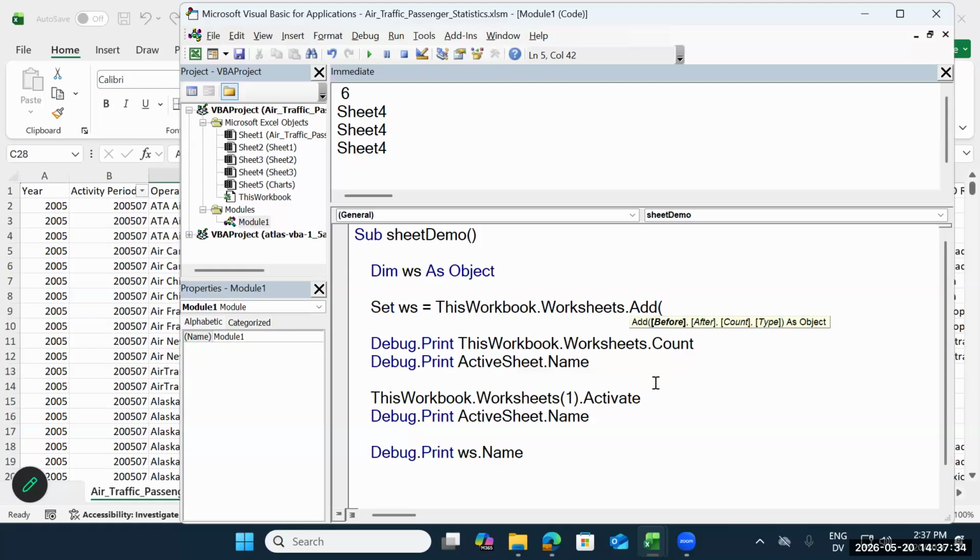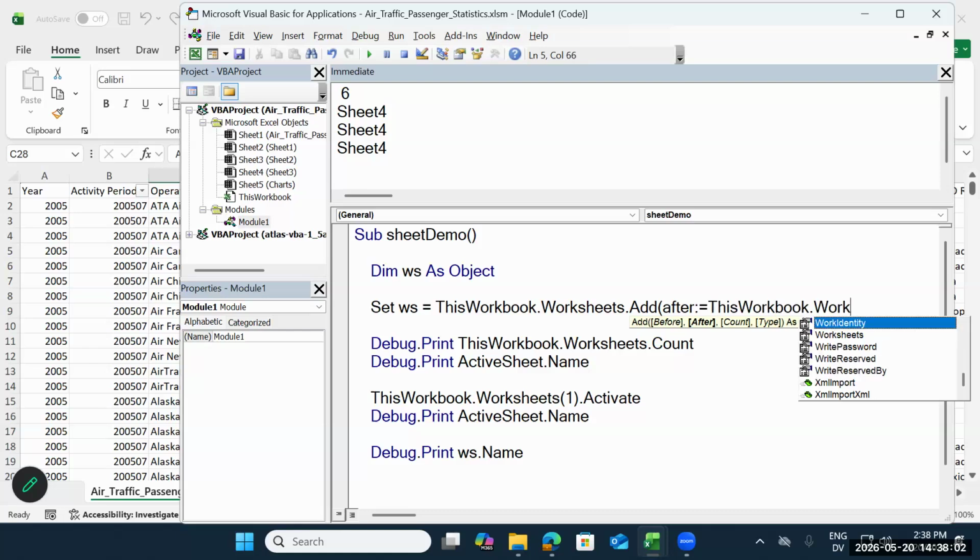When I do an open parentheses after the word add, there are some options here. The square brackets are optional, just like in regular Excel when we do a function or formula. The square brackets are optional, but we can be very explicit about where we want to add this worksheet. So let's do after : equals. I'm saying I want the after option. And I want to say this workbook dot worksheets